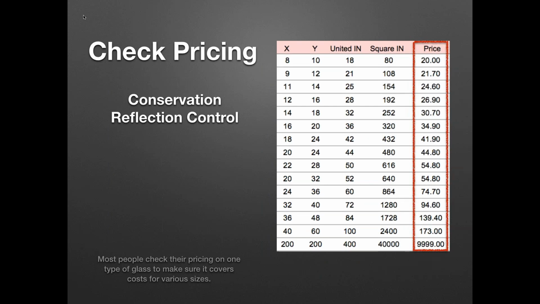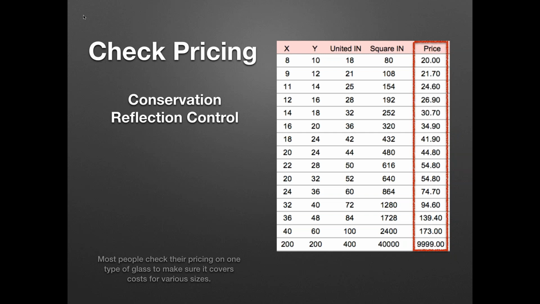When you're taking a look here, this is where you would want to check the pricing. Once you've got your prices set up, a lot of people will go down the column to say 8 by 10, 9 by 12. Yep, the price is going up in steady increments. That makes sense to you. And one of the things that I like to do is down at the bottom of the list, if there is nothing available over the size of 40 by 60, then you want to put something on there